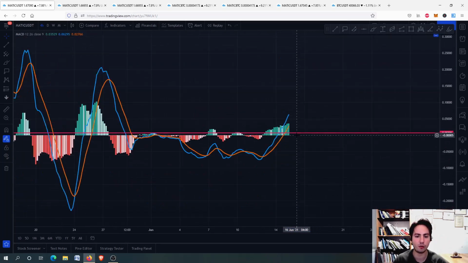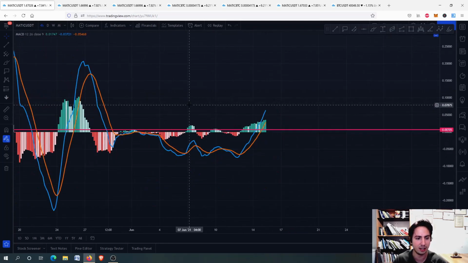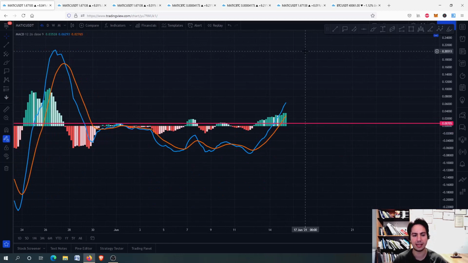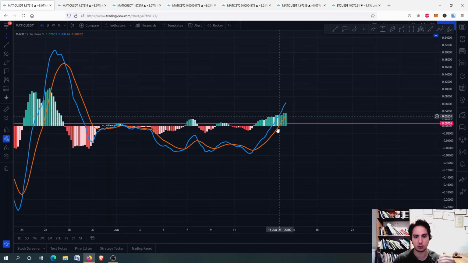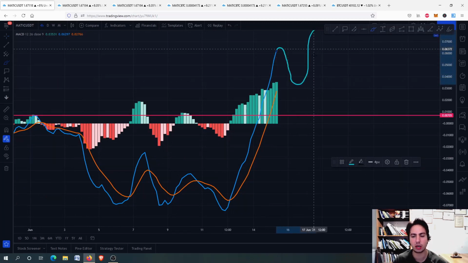Let's go to the MACD on the 4-hour frame. Pretty good, guys. We just surpassed this resistance level. We are now looking forward to make higher lows and higher highs. Fortunately, we are now in a situation where the blue line is above the signal line. So we are fine, but we need to follow the higher low pattern we always talk about, right?